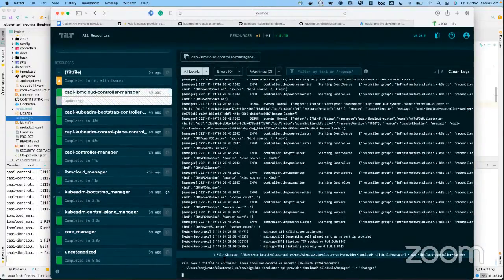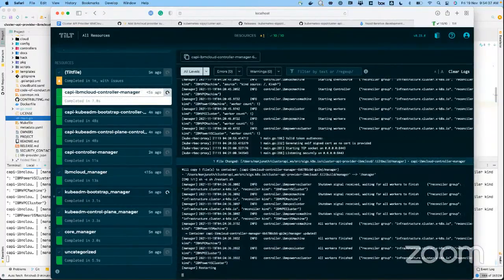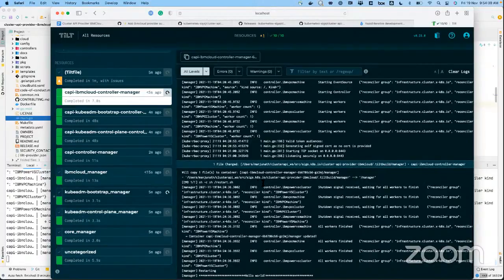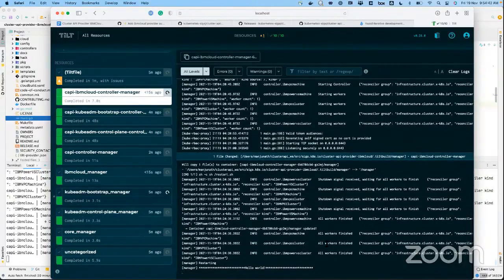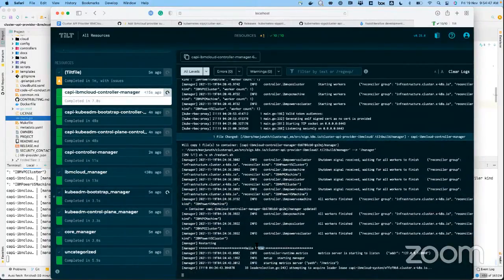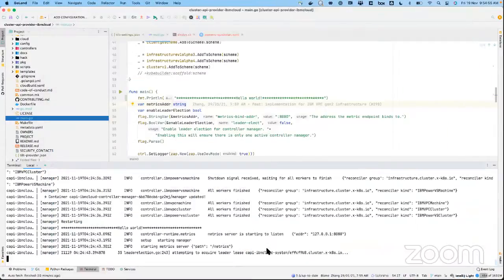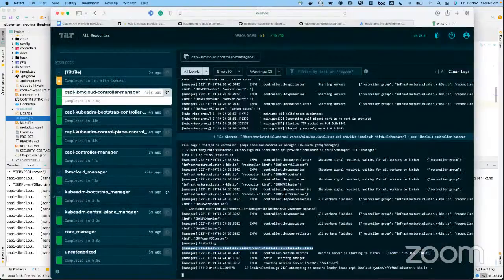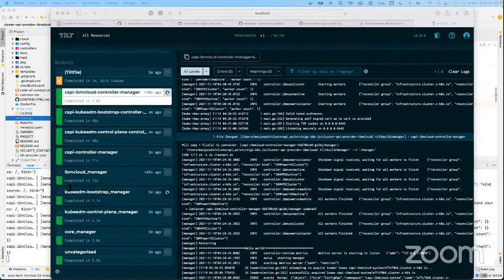Here it says that one file got changed, and it is rebuilding that manager, and then it will shut down your controller, then restart your controller again in the pod, right? So you can see here the hello world that I printed, the modification I made. You can see it quickly in the Kubernetes cluster. This command output is all the way coming from your Kubernetes cluster, so that we can confirm.